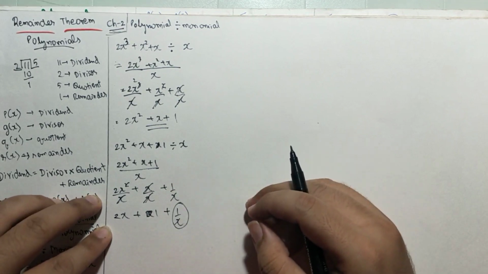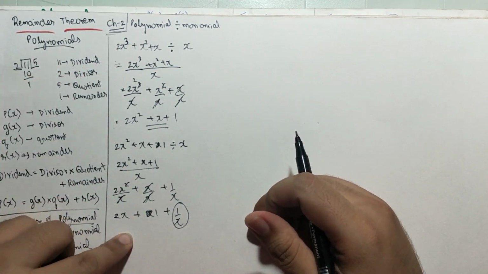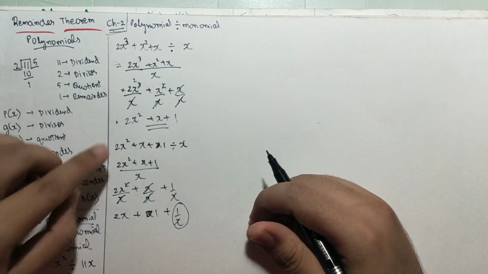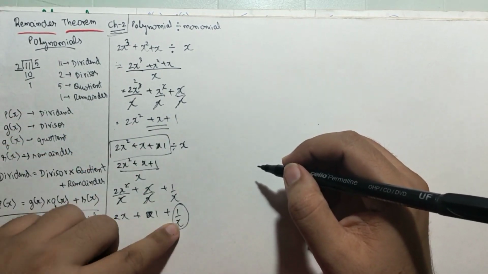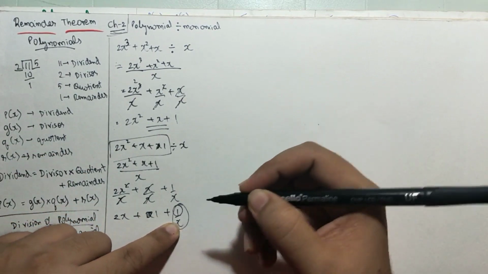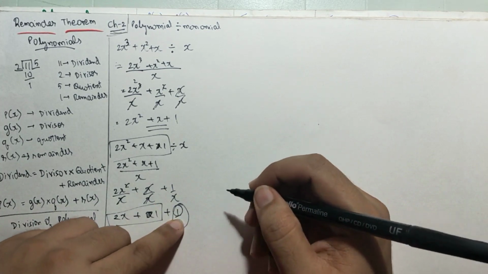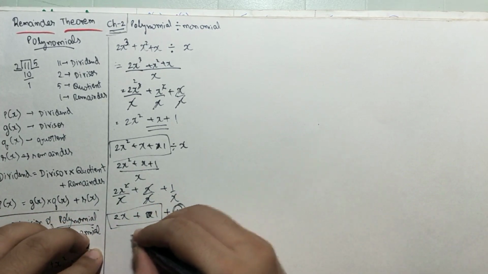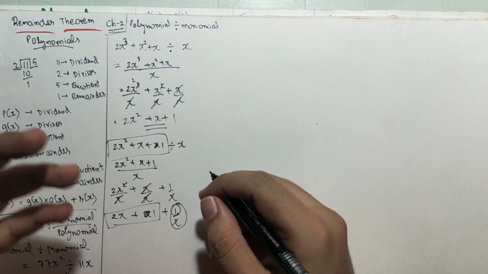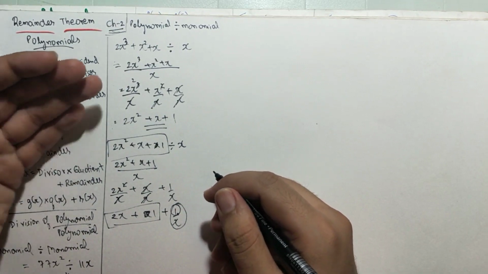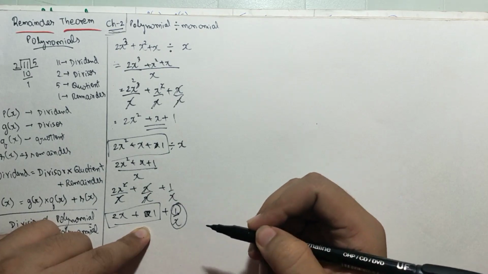This shows that this polynomial is not exactly divisible by x. That means it will give a remainder. What would be the remainder? 1 would be the remainder. The first two terms were getting divided easily, but the third term was not divided. So here the remainder would be 1 if I divide the polynomial by x. So sometimes the polynomial is exactly divisible and sometimes it is not divisible. Your answer will remain in ratio form.